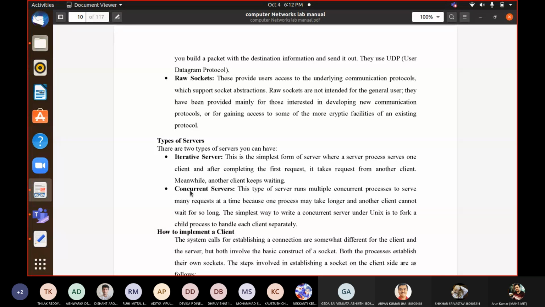Can any one of you, just by the name, explain what an iterative server is? These are self-explanatory. Yes, one client per request. It will do one thing, end it, then do the other. So an iterative server, as the name suggests, will serve clients in iterations. Whenever requests come, it will enqueue the client requests, and as they are in the queue in the same order, it will process those requests.